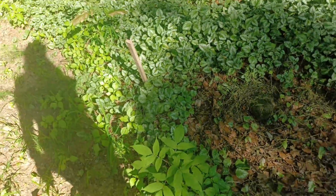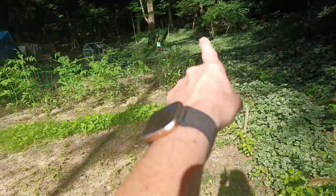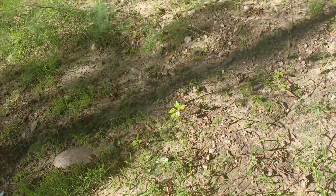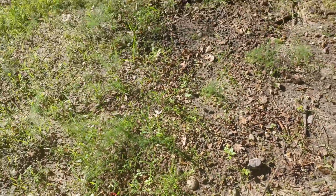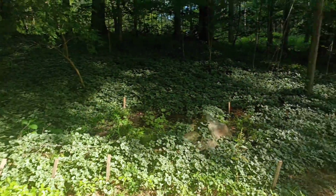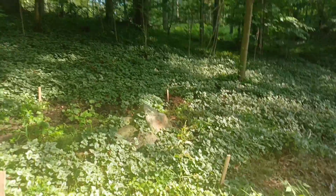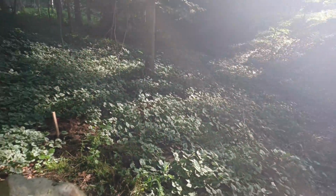This right here almost looks like an elderberry. If it is, it's a wild one because my elderberries were actually over there. I'll walk through the asparagus patch here. Try not to step on any, but it's okay if I do. Oh, I thought it was a piece of wood. I threw that right in. I always forget about this over here to show you guys. But this is our,